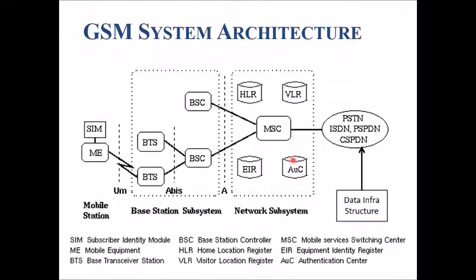The next one is AUC, that is Authentication Center. It protects the network operator from fraud, means it is encrypted. It contains algorithms for authentication and many more. We'll see it further. Then EIR. The EIR stands for Equipment Identity Register. It contains the IMEI number, the information about our device. Then the MSC